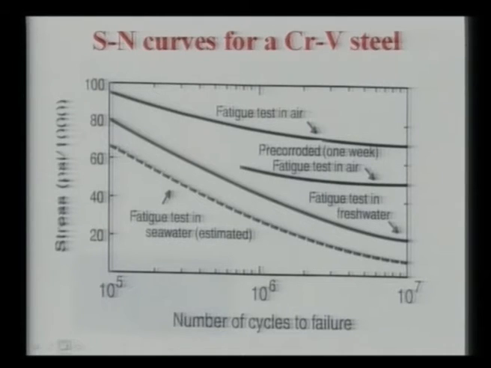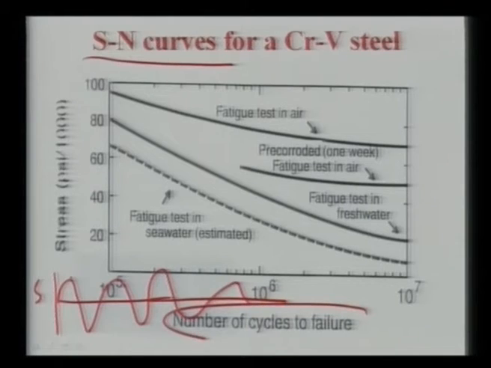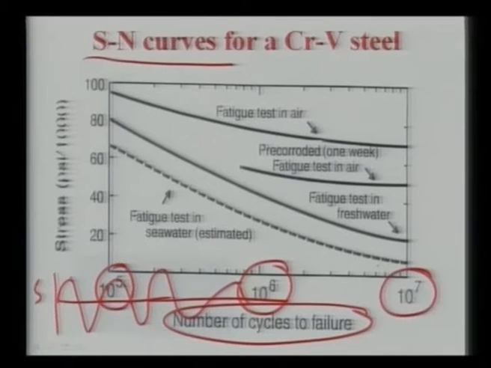This is the typical SN curve for chromium vanadium containing stainless steel. These SN curves essentially indicate the typical life of stainless steel materials when subjected to a stress cycle. Stress cycle means that if it is tension, it can be a sinusoidal stress cycle, where stress will increase then decrease. So this is the stress here, and this is the number of cycles to failure, which can be 10 to the 5, 10 to the power 6, 10 to the power 7. The larger the number of cycles, the better it is preferred in real life applications.